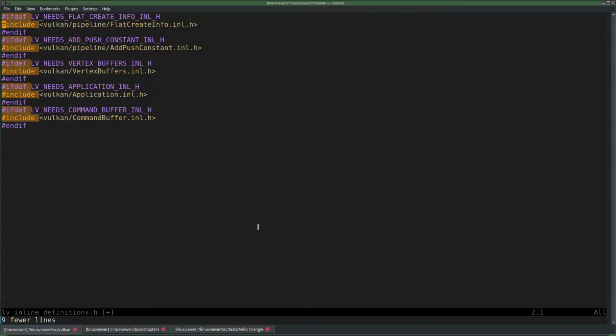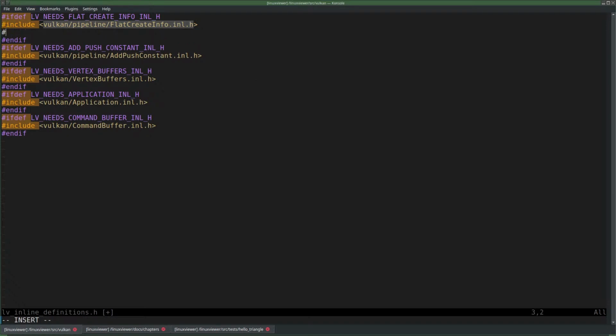I suppose you could add an undef for this thing inside the inline header. Or I could do that here. It maybe makes more sense. Put it there.